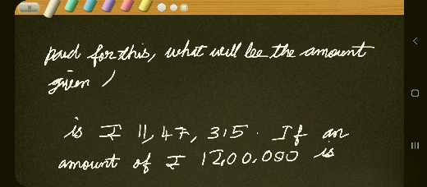Given back. So, what we have to do here? What is our question? Yes, the cost of a diamond ring is what? Yes, 11 lakh 47,315. For this diamond necklace, they have given how much money to the shop? They have given 12 lakh to the shop. So, what will be the amount given back to them by the shop? How can we calculate this? Is it addition or subtraction? Yes, surely this is subtraction.